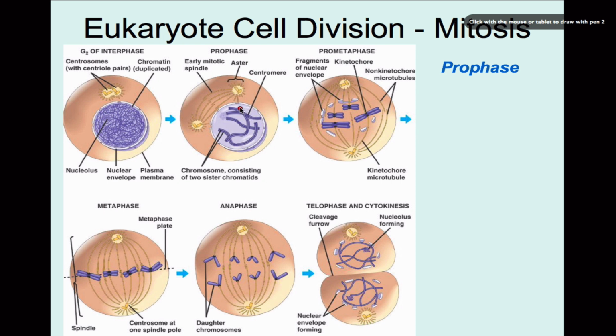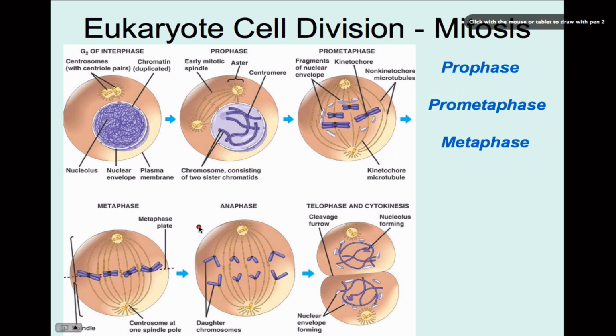Another thing that's happening in prophase is the nucleus is disintegrating, okay? So you're not going to be seeing this well-defined nucleus anymore. And there's also a spindle developing over here. This is the part that's actually going to pull the chromosomes to the side, and it's just now developing in prophase. All right, then we move on to prometaphase, and this is really just part of metaphase where you can still see some fragments of the nuclear envelope, but you start to see this kinetochore, this connection on the chromosomes is a little more well defined.